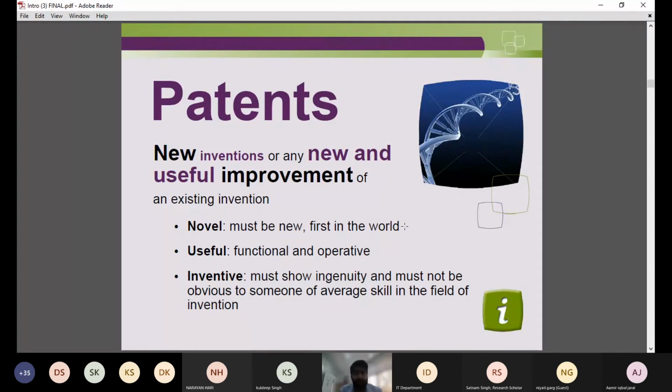So this is a bit of a hypothetical situation here. We consider a person who is technically skilled in the same domain. Suppose, for example, I have invented a smartphone, right? And I belong to the domain of EC, let's say electronics and communication engineering, and I have developed a smartphone. And with the smartphone, I have improvised some wireless standards. So wireless technology standards I have invented. Now my developed standards or my developed technology should not be obvious to the person who is skilled in the same art. That means who is also skilled in the wireless standards.